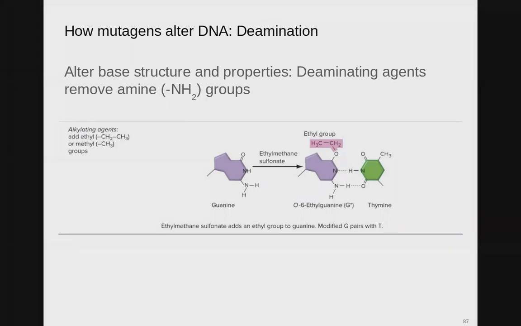You can also see deamination. So certain chemicals will deaminate, very much like what we saw happens naturally inside your cells. Again, guanine being